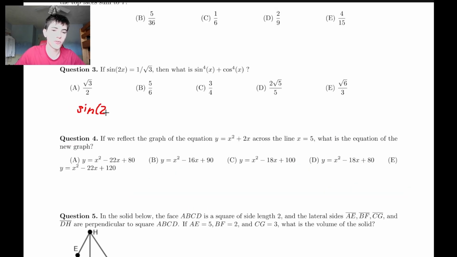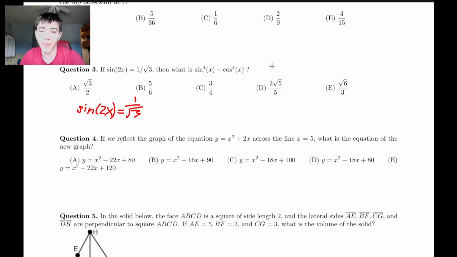Sine of 2x equals 1 over root 3. If sine of 2x equals 1 over root 3, what is sine to the 4th of x plus cosine to the 4th of x? Okay, well, I have a suspicion that this is going to involve the Pythagorean identity, and